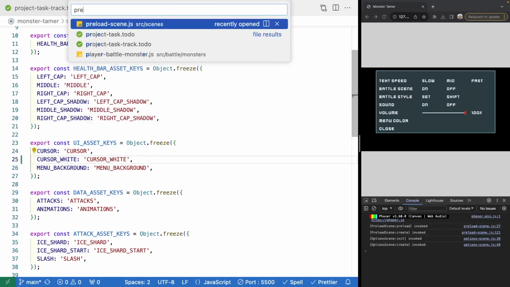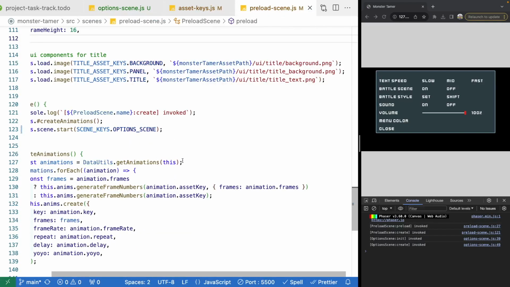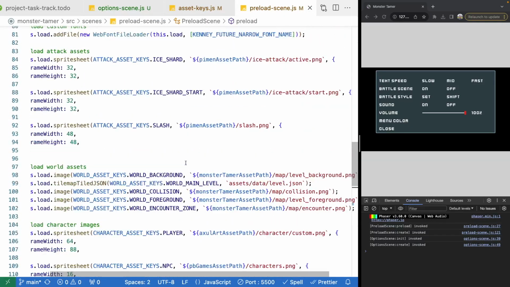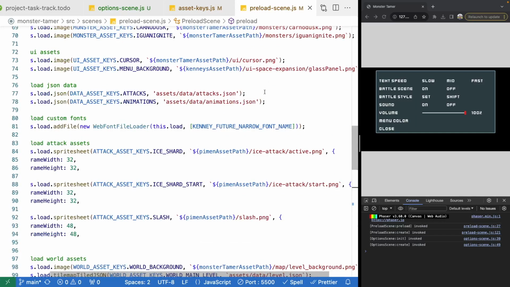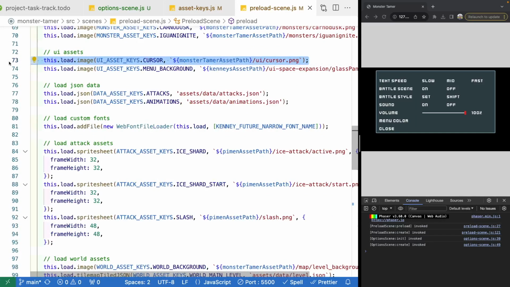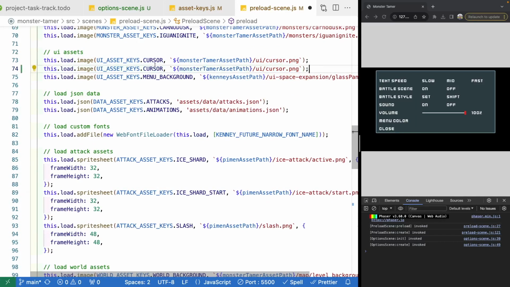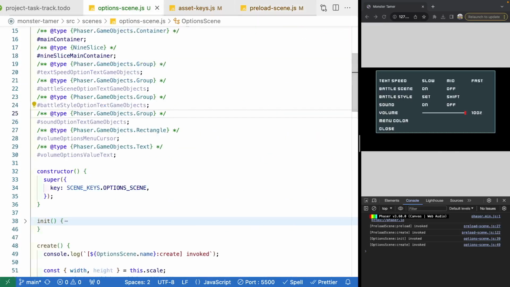So let's jump over to our preload scene so we can load this asset. So we'll go to where we load in our other UI assets. Let's copy our line for loading in our regular cursor. And we're going to do our cursor white. And the file name is going to be cursor_white.png. So then what we should be able to do is back in our options scene,